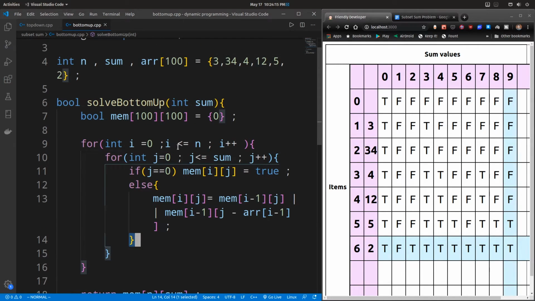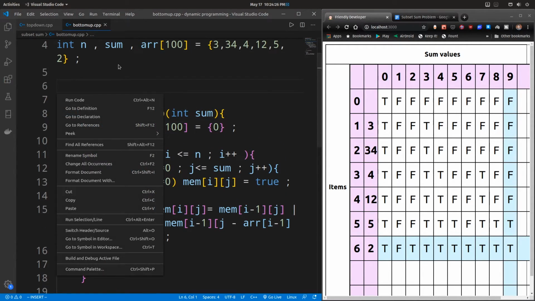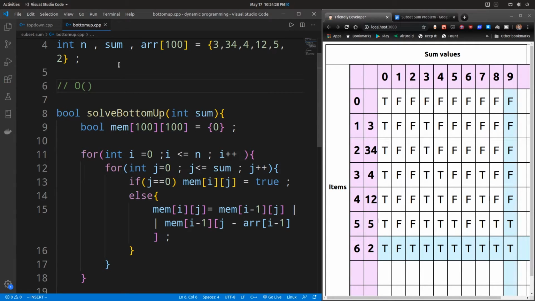Alright, let's look at the time and space complexity, guys. We are using a 2-dimensional chunk of memory, so space complexity is big O of sum into n, where n is the size of the array and sum is the given value of sum. We need a table of dimension sum into n.